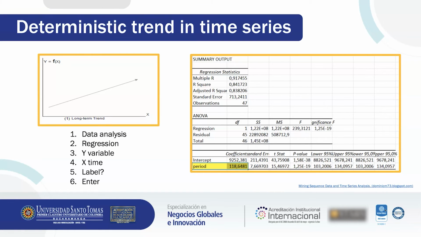Once you have the data analysis section in your Excel's data page, you can easily calculate the trend for your data. First, click on Data Analysis. Second, select Regression. Third, select the variable as Y. In the Excel example, it is the quarterly sales in USD. Fourth, select the period as X. Fifth, if you want to include the labels, click on the checkbox called Labels. The result highlighted in yellow is the long-term trend.